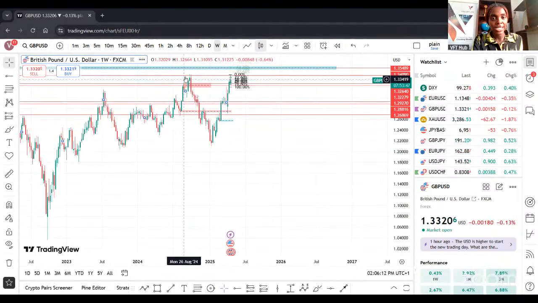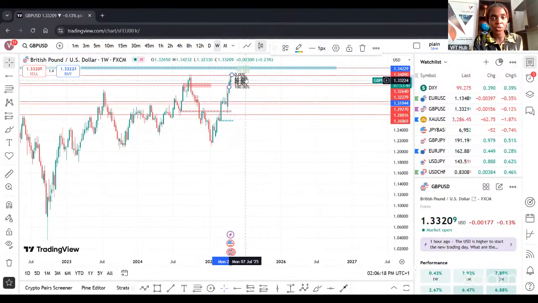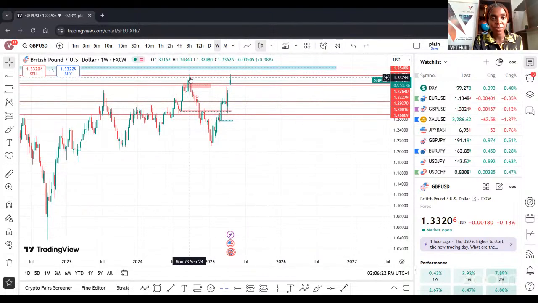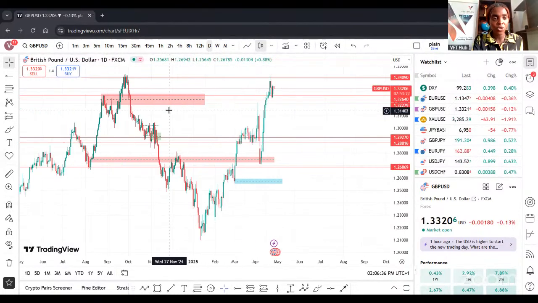Even on the weekly time frame, price just tapped into this very high, right? And we're seeing some reaction off it. We've not seen price breaking above this very high. It may happen eventually, but what we are seeing right now is price sitting at this very high at 1.34004. And on the daily time frame rather, of course we spoke about the box pattern failure, how price